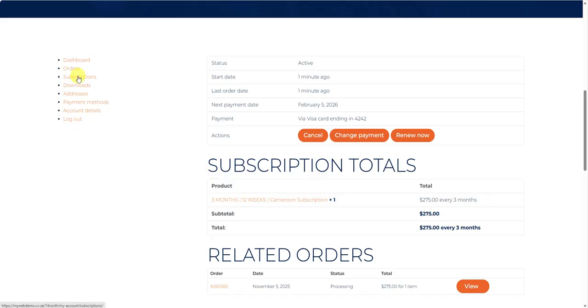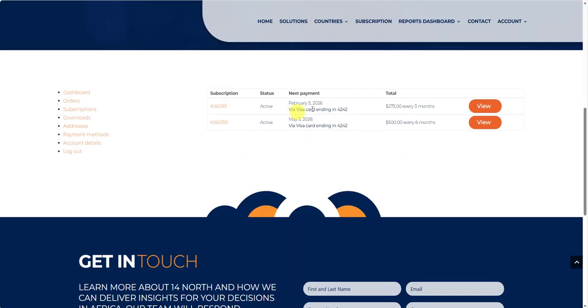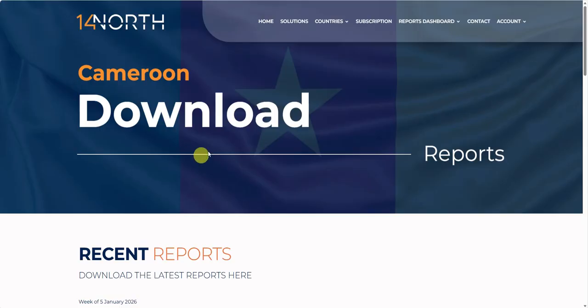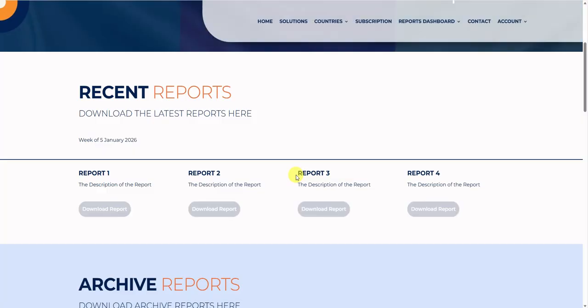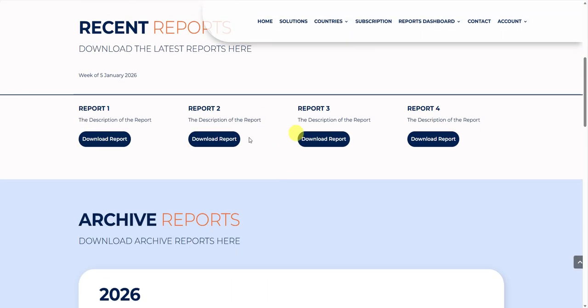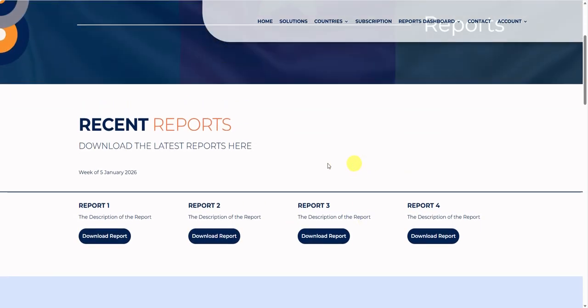If I go here to subscriptions, it's going to show me the two subscriptions I have. It shows me this one here and this one, and when they're going to renew, and I can view and edit them. And then here in my dashboard, I've got Cameroon and Mali now. If I click on Cameroon, it goes to the Cameroon reports page where the person can download the reports for Cameroon.